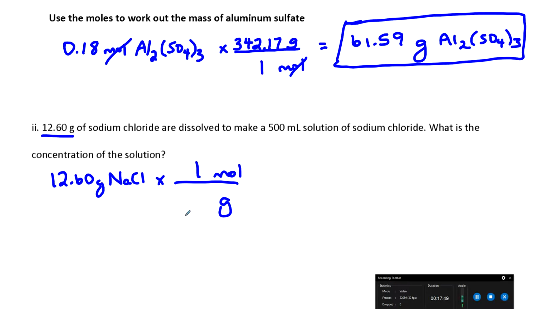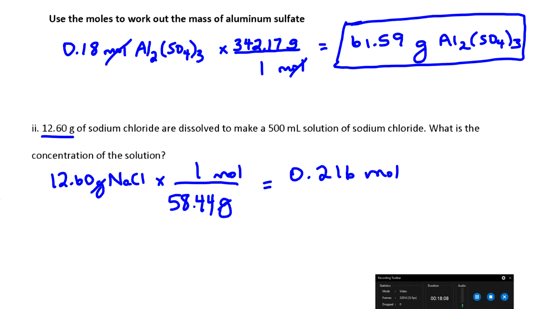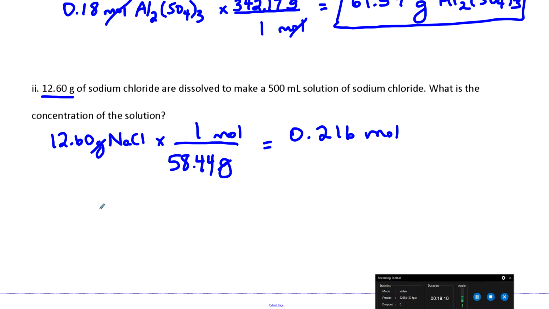So in 1 mole, how many grams are there? Well, I'd take the mass of sodium and add it to the mass of chlorine to get 58.44. Grams will cancel, and when I divide that, I get 0.216 moles. Okay, so now that I know that, I can go ahead and use my formula, C equals N